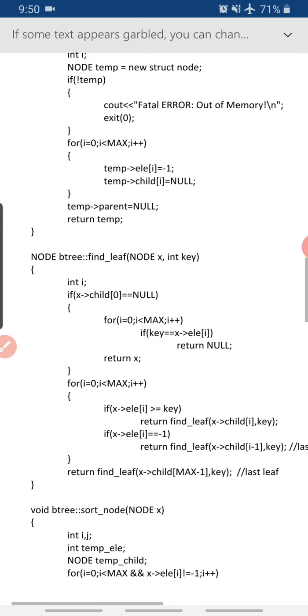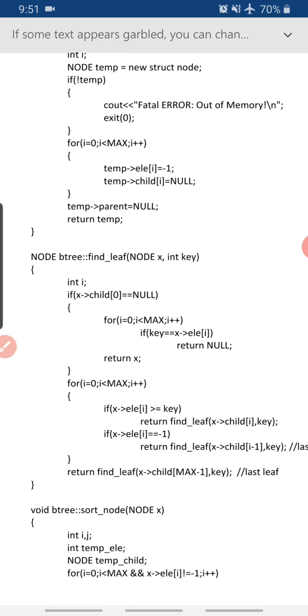So we have to find out which exact leaf this key will go into. That's our first thing that we have to do in the B tree, right? We go from the root node, we traverse down, and to insert any value at all, we have to go till the leaf level and find out which particular leaf this new value will go into. So if x child of 0 equal to null, right? If the first child doesn't even exist, then what do we do? Yes, it's null in our case because there's only one node and there's no other value.